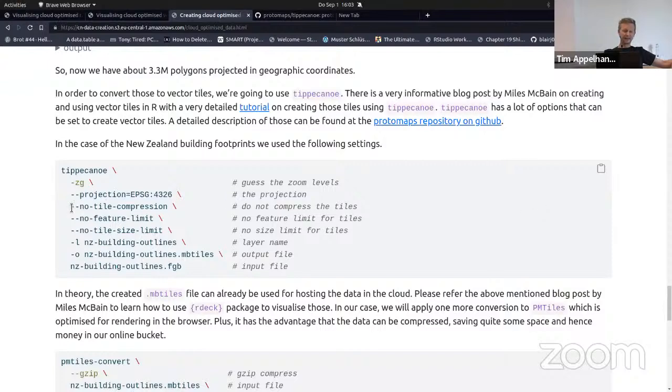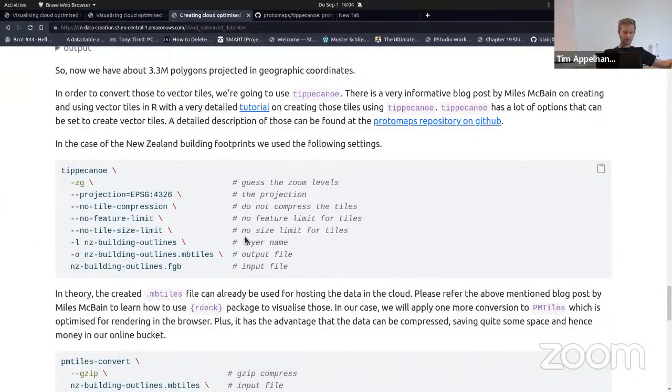And then, just because I wanted to try it, and it still works quite fine, I don't want to do any tile compression. I don't want to do any feature limit, and I'm not going to set any tile size limit. Tile sizes are usually, I think, 500 kilobytes. That's the limit for them. And if there are too many things in a tile, then it will start dropping if you say drop as needed. So I just wanted to try whether that works,